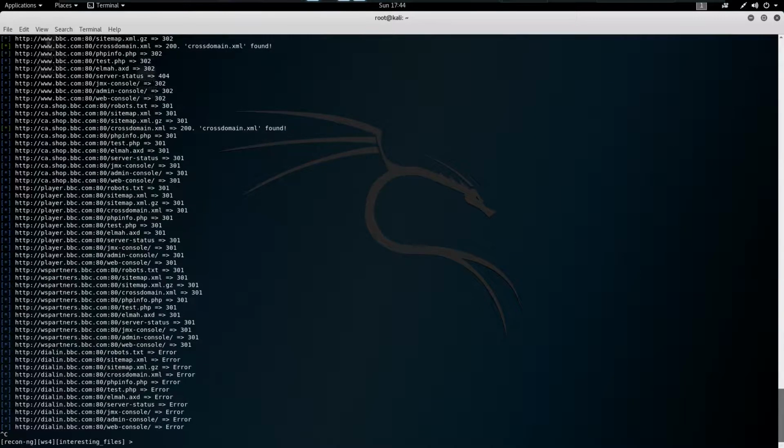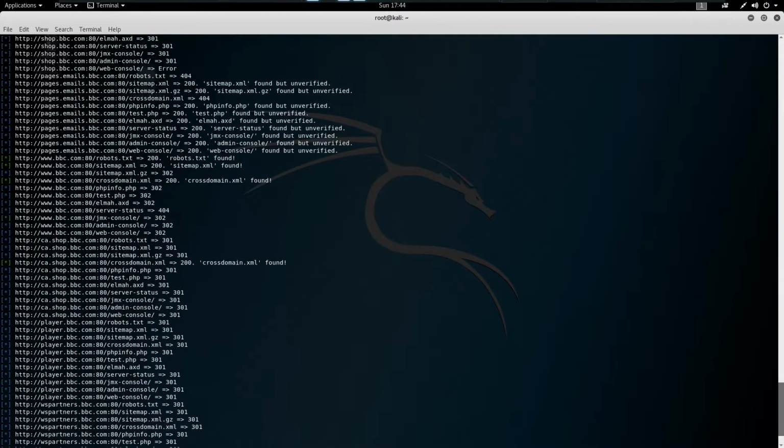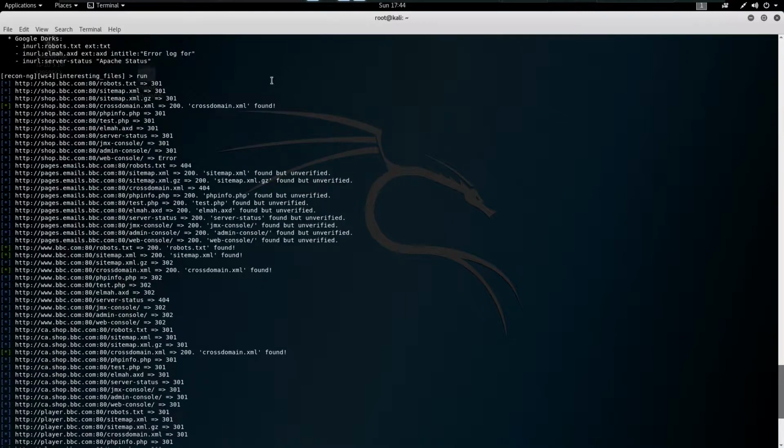Stopping this scan. You can see that some files have been found, like crossdomain.xml, sitemap.xml and robots.txt.